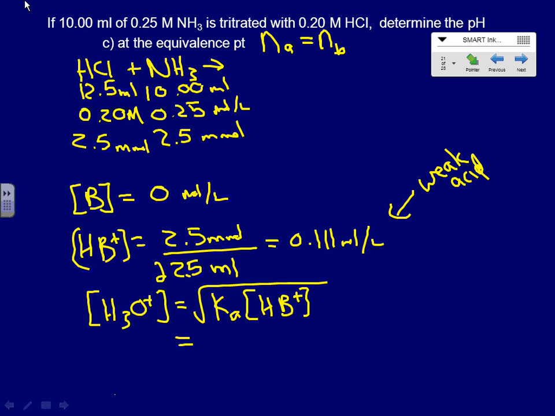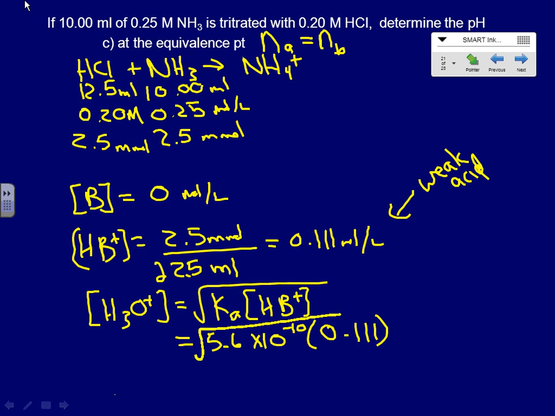The Ka for the conjugate acid, 5.6 times 10 to the minus 10. I got that off of the table for NH4+, that's the conjugate acid, times 0.111. Take the square root, and that gets me